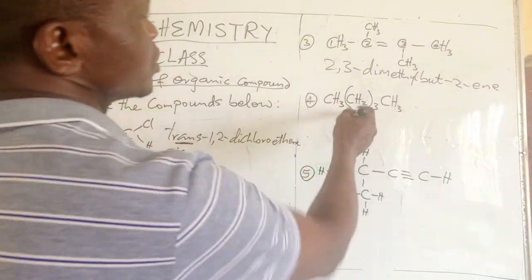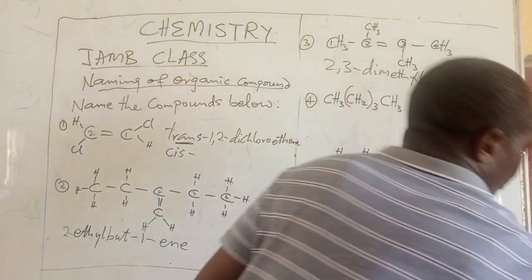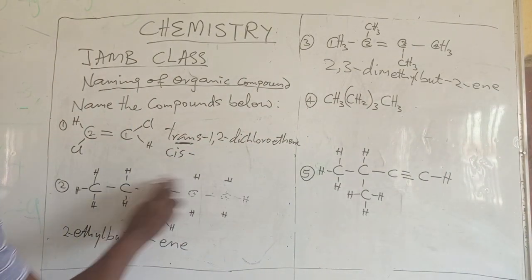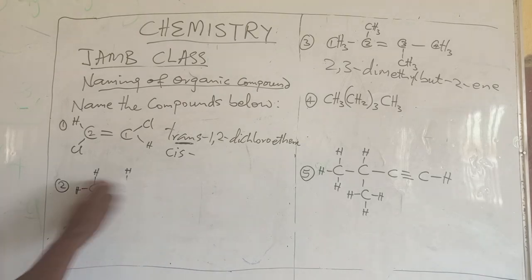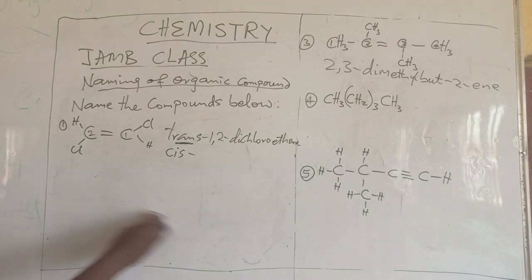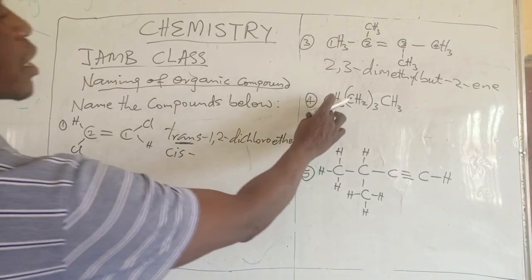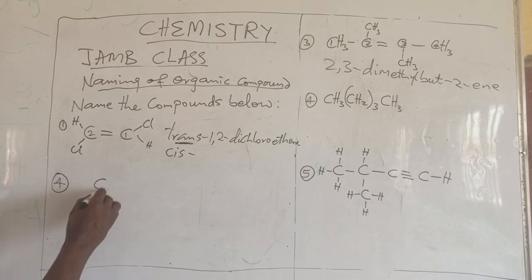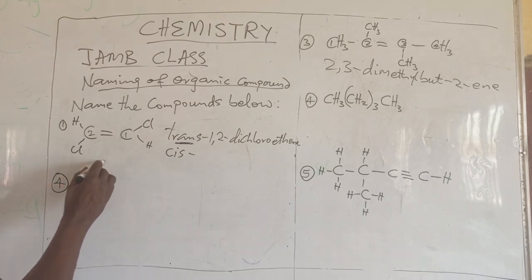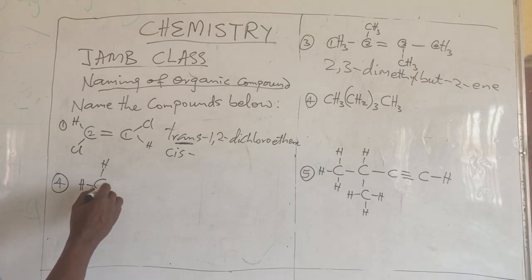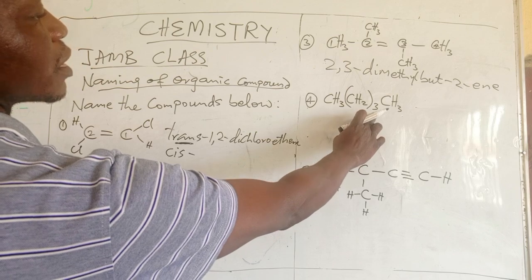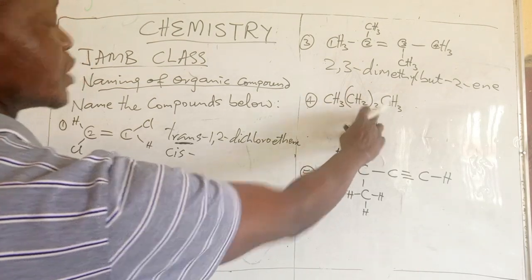The next question is number 4. I will take this out. Let me bring that question and expand it here. CH3 can be written as, that's number 4. CH3 connected to CH2 times 3. That's CH2. How many of them? 3. So I will now say